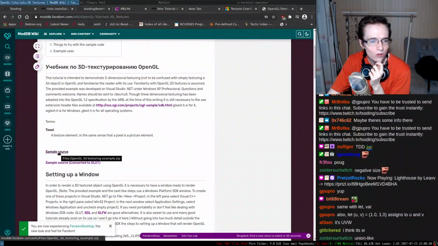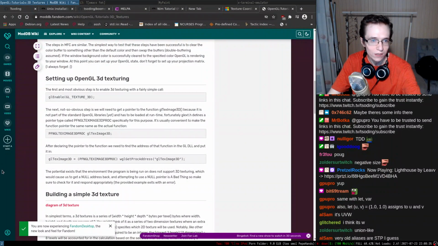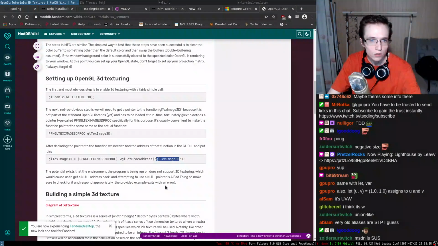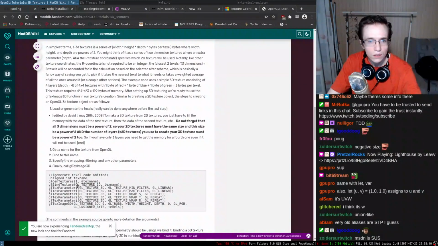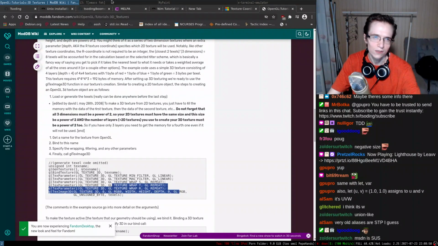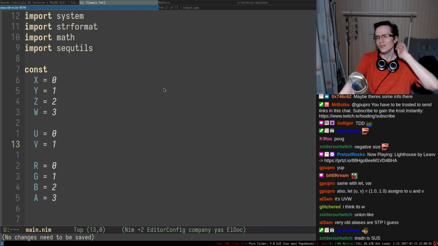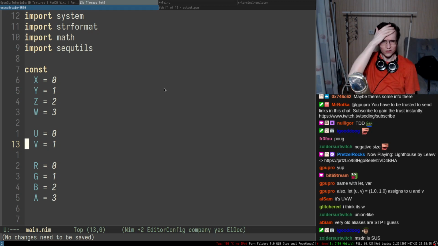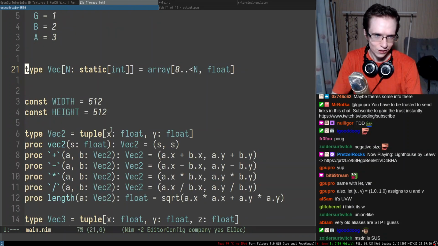I hate source code as an archive. I really hate that because it doesn't allow me to quickly look at this stuff. So image, 3D. Oh, okay. In case of a texture, it's str or something. Okay, so I think I'm not gonna go into that. I think UV is not really texture stuff. It's a normalized coordinates, and texture coordinates is a completely different thing. Okay, so we're gonna have aliases only for these things. So I think it's gonna be fine.